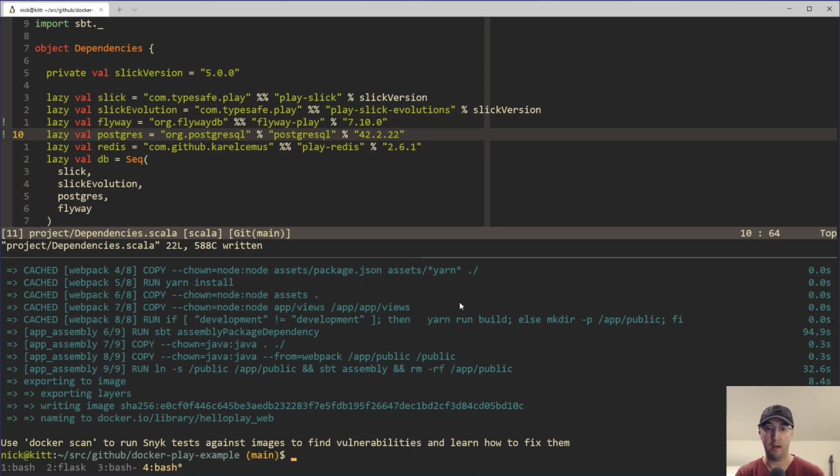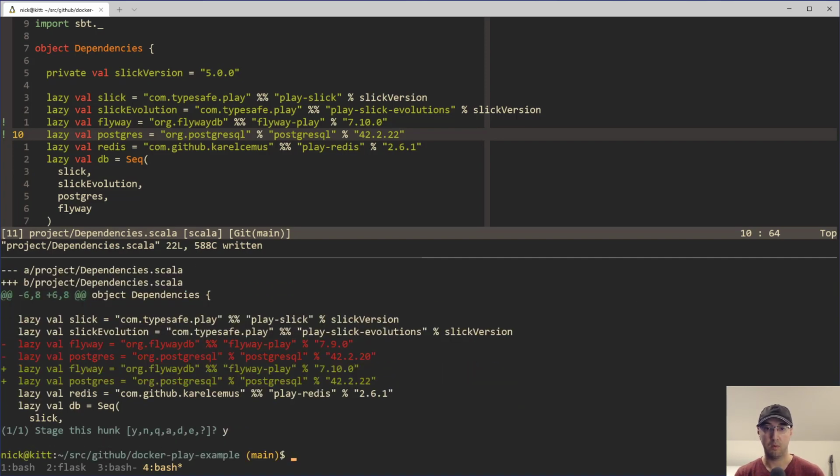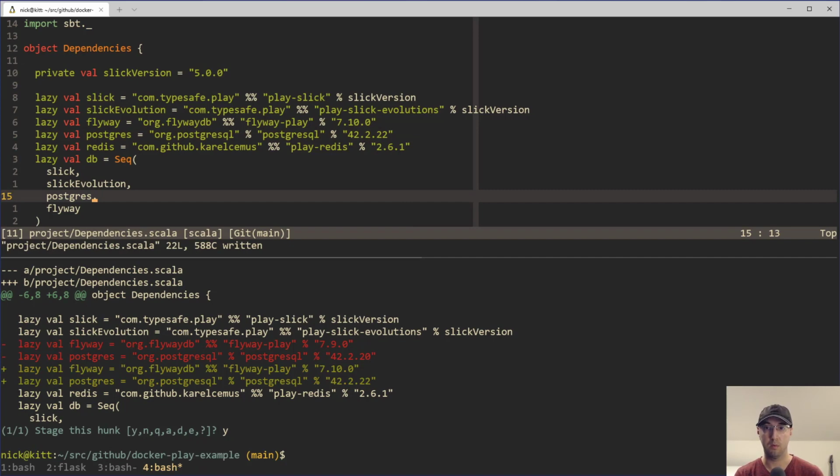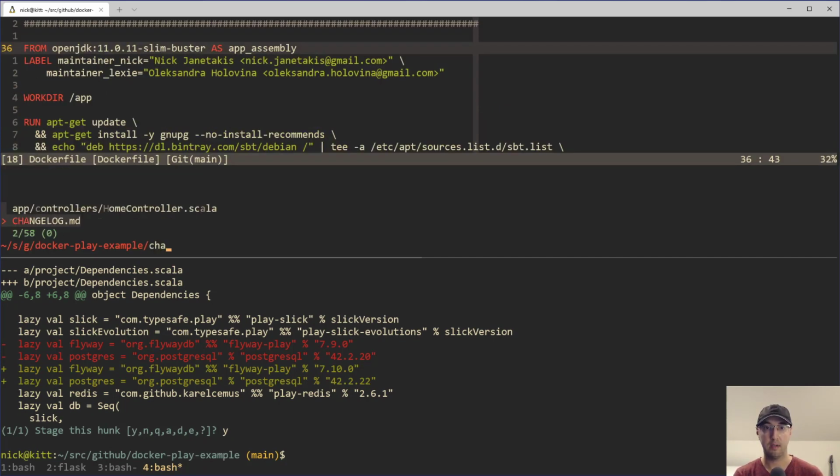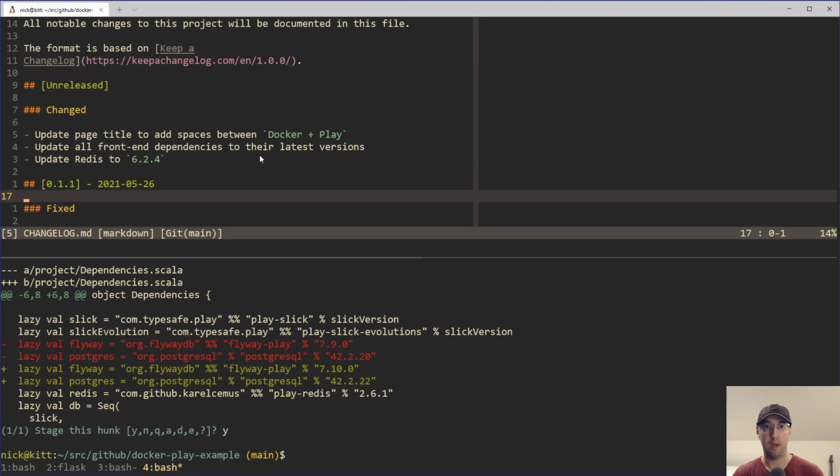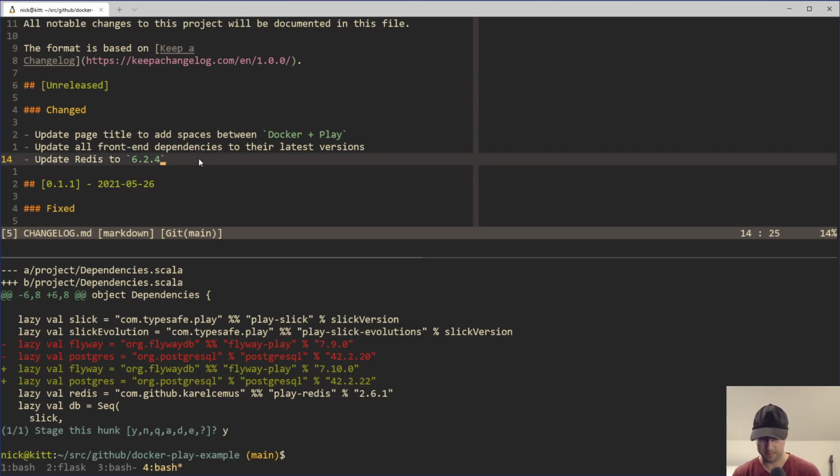I really hope I'm not wrong, but I'm just going to do a git add -p here to say, okay, cool, we updated those. So let me go to the changelog file here. What are we doing? Well, we did some changes, didn't we? So we updated